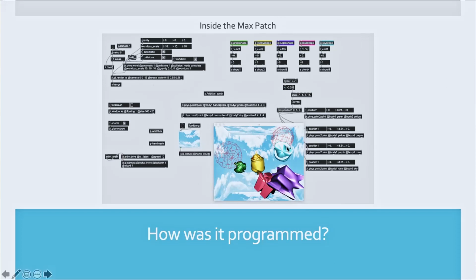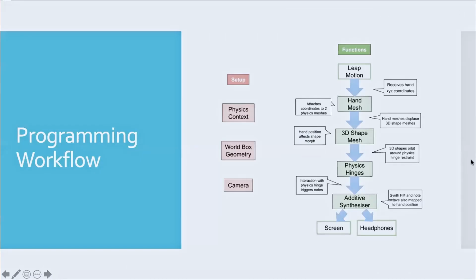There's the physics constraint stuff going on here. This is where there's a sub patch for the hands to take the hand coordinates and turn them into the spheres. But I'll show you this and hopefully it will clear it up a little bit. This is just a flowchart of what the setup is, what the functions are, and